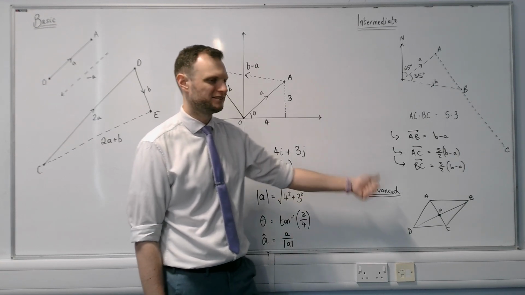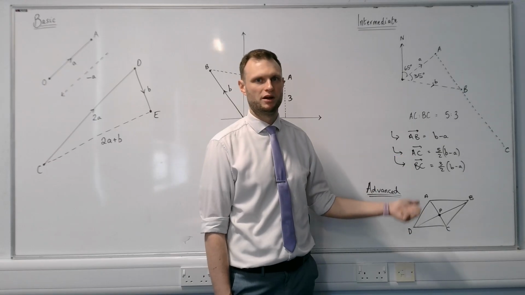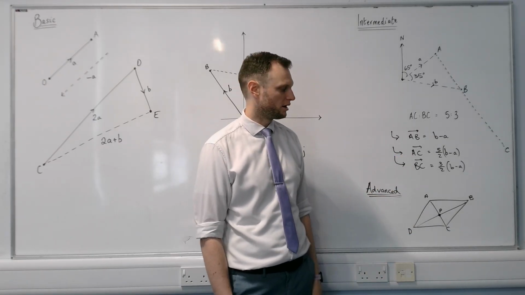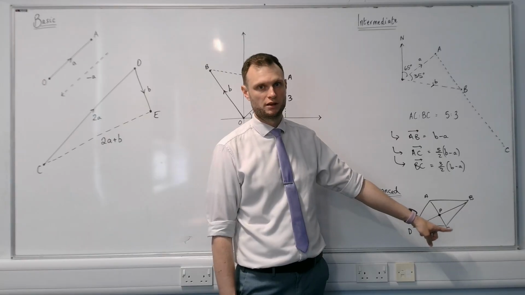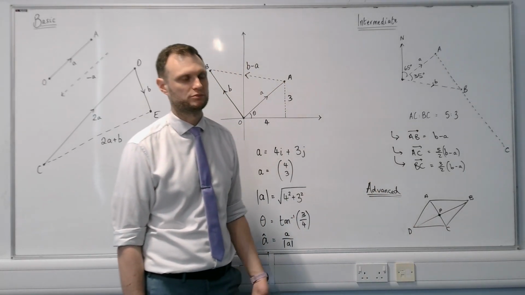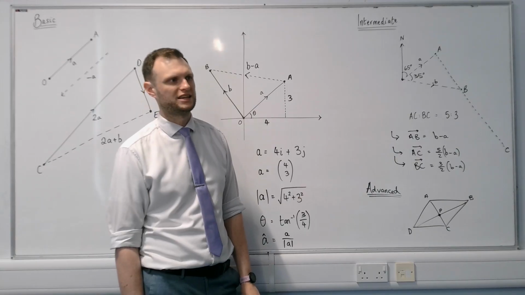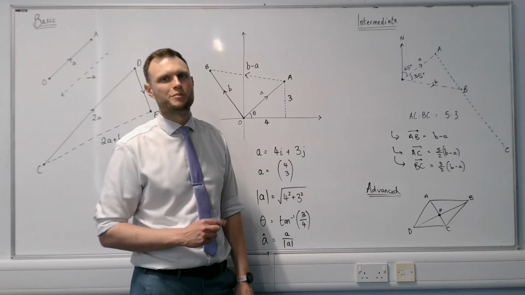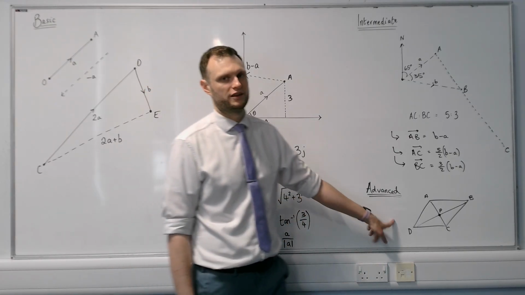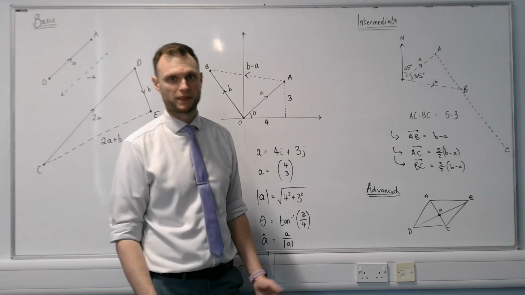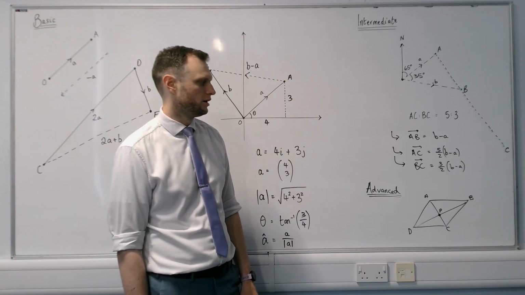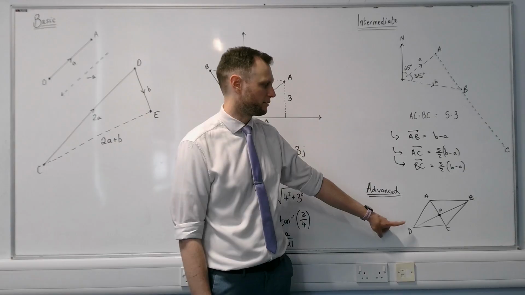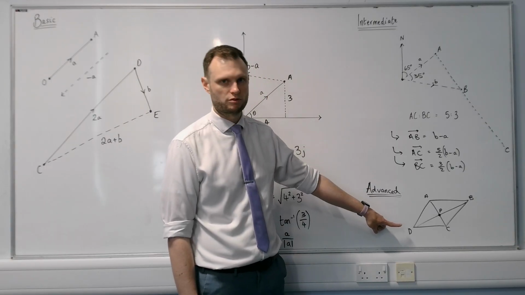Advanced, this is in the textbook. It could come up. I've never seen it come up. Anything with an intersection could come up. It's more likely to come up in year 13, but even then the questions tend to be kind of 2, 3, maybe 4 marks, whereas a question like this you'd expect it to be maybe like 7 marks. So they've never come up, but if they do happen to come up, then just remember it's the same thing